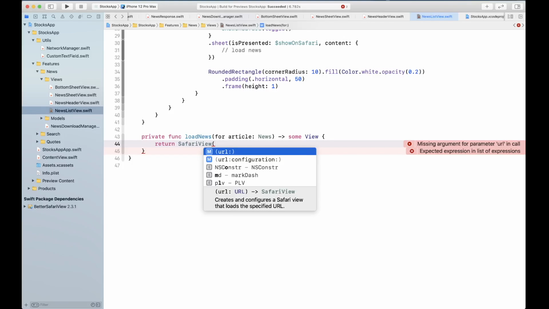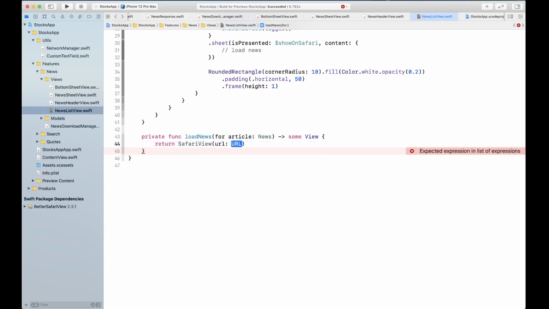For our use case, we are only going to be using the URL, so we're going to simply create the URL, and we're going to get the URL from the article.